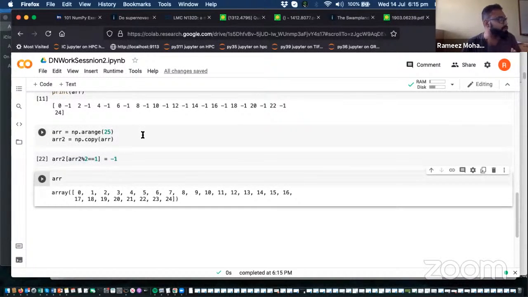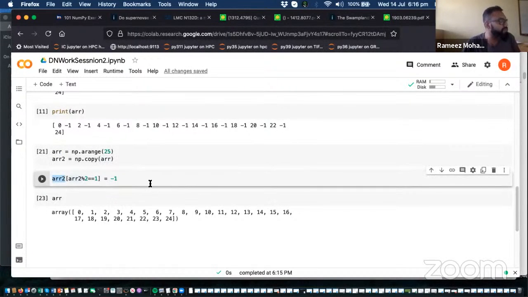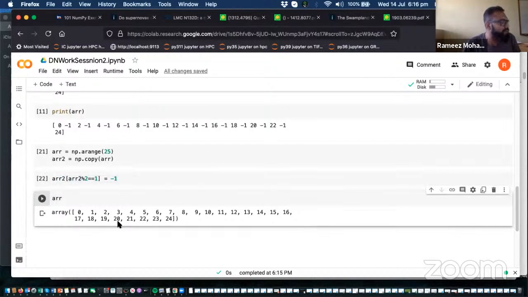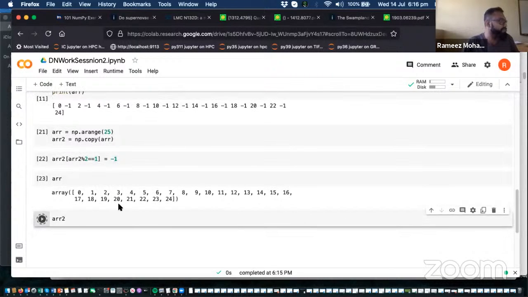So let me just go through what I did once again. You have an original array, which we have declared as before. It's just numbers from 0 to 24. Now, instead of just using the equal to sign to assign a new identifier to it, I'm using np.copy, which means that now these two are two different arrays which currently happen to have the same value. Then I'm replacing all odd numbers in array 2, R2, with -1. So R is now completely unaffected, whereas R2 has the properties that you want, which is odd numbers have been